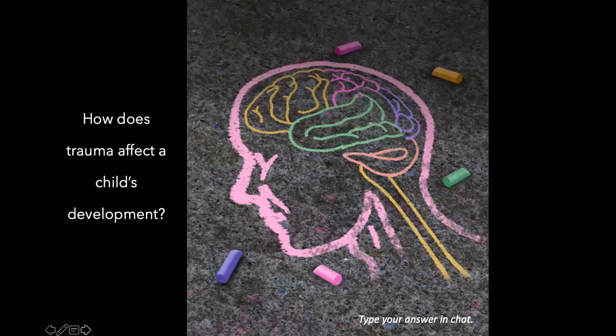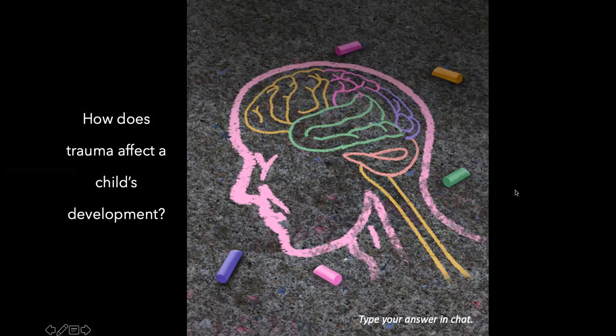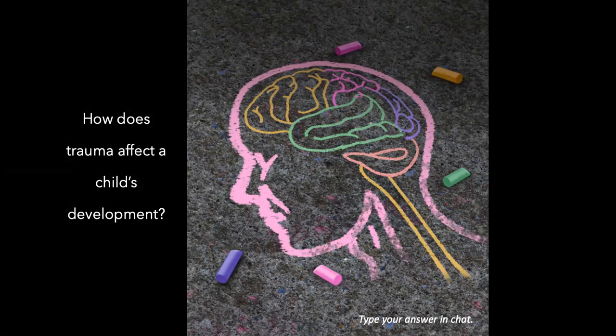Okay, so I love that video because it talks about all of the different domains of trauma. It talks about how it starts before birth, during birth, and even going into epigenetics. It talks about all of the different systems that trauma affects. So after watching that video, my question to you guys in the chat box is, how does trauma affect a child's development? How do we take all that information we just learned from that video and relay it back into that birth to 3 childhood development?